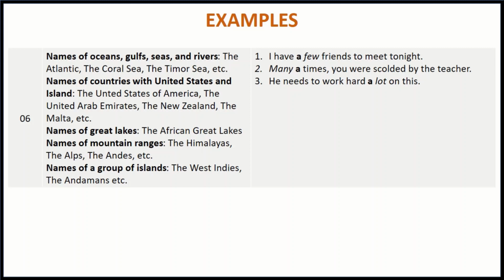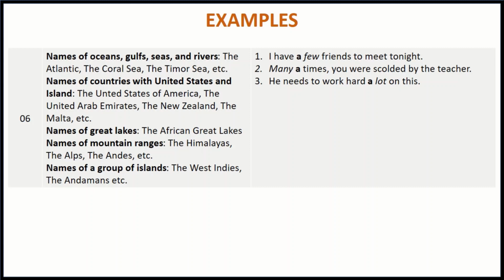Similarly, New Zealand or the New Zealand, it's an island. The Malta, it's understandable when we say the Malta because it's an island. But if we say Malta, it could be something else which some people know with reference to something else, maybe a restaurant, maybe a fruit. I remember in the Urdu language we call orange Malta. So it differs. So that is why we use the with these names.